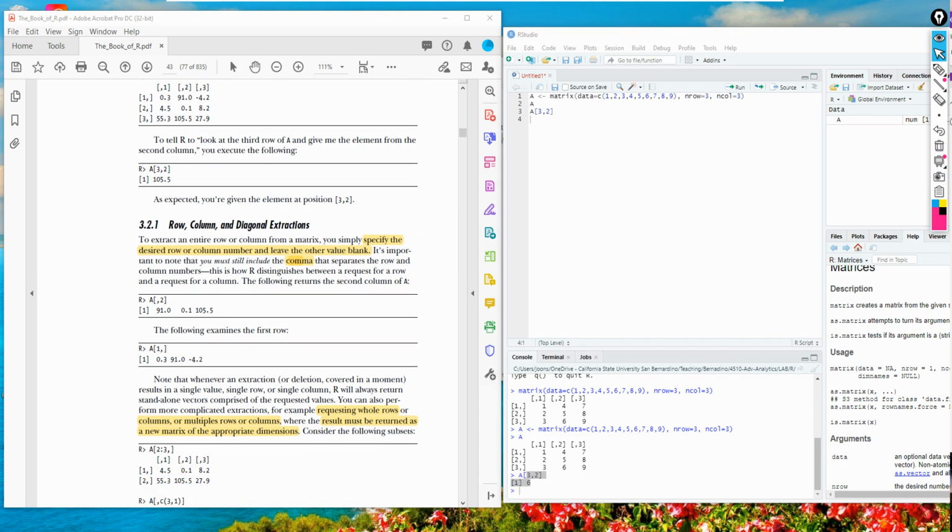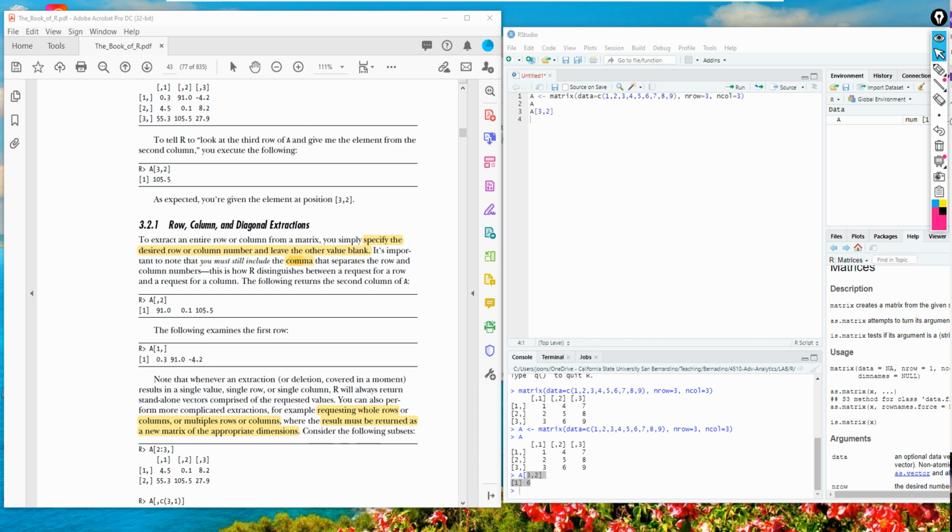To extract an entire row or column from a matrix, specify the desired row or column number and leave the other value blank. Of course, you have to use a comma.